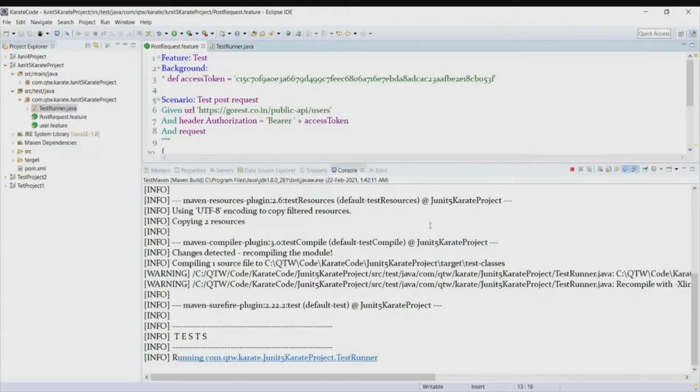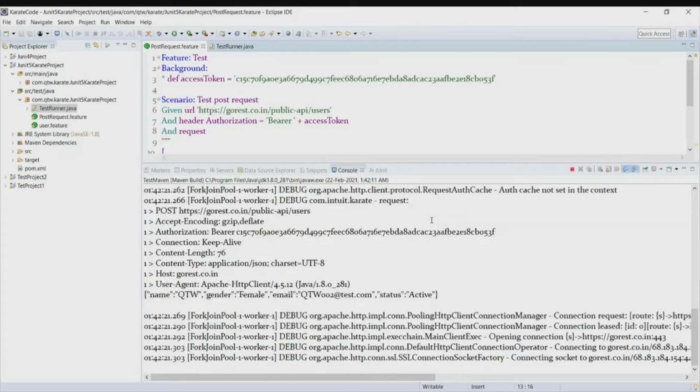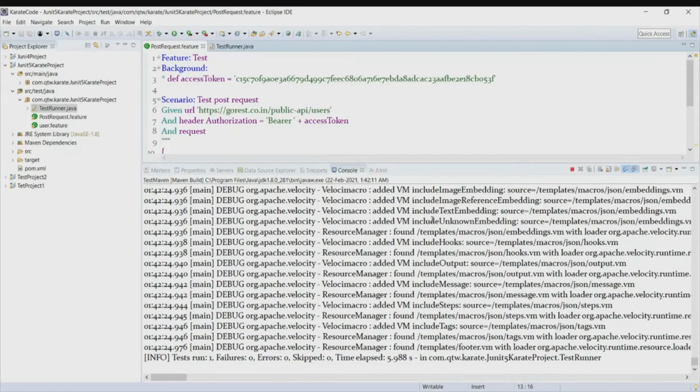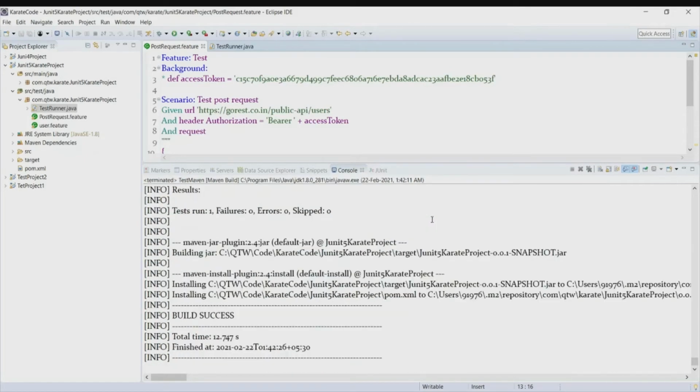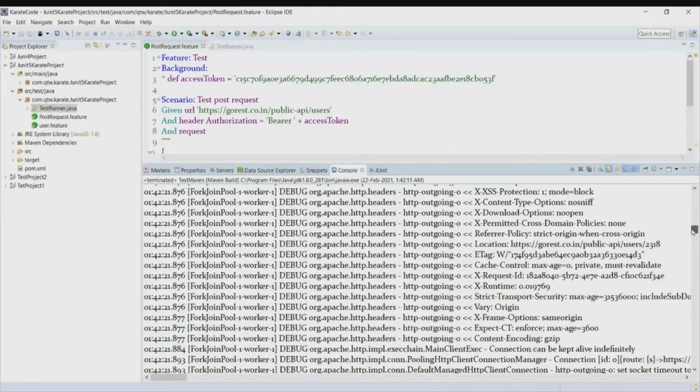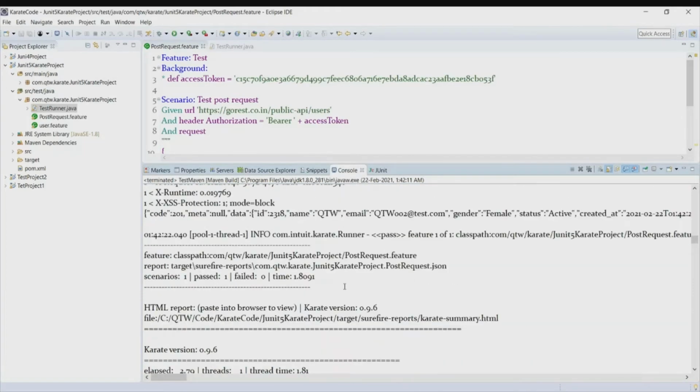So let's change it and run it. So our test got executed, and we can see that the data got generated. This new ID has got created.